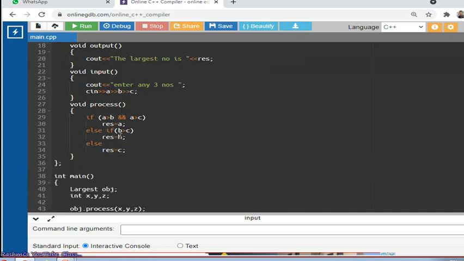Return means when the result comes out, the result is getting stored in RES, and after completion the result should return to the call place. So how do you write it? After completion of all the job, you have to write here return RES. RES is integer type, so in place of void you have to write int process.